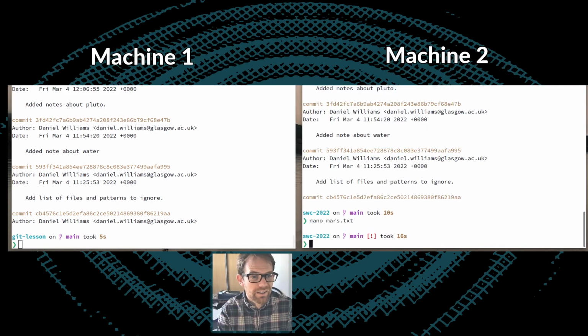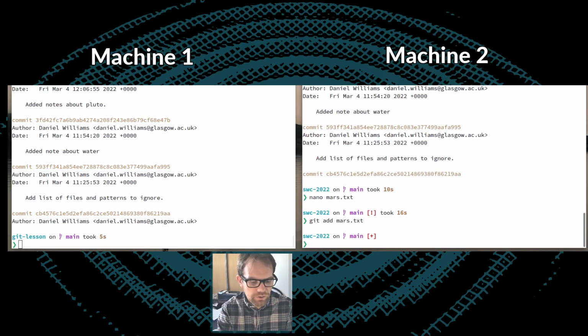I add that, I save that, I'm going to add it to the stage and then make a commit: add a line in our home copy. That's what they suggested we use.